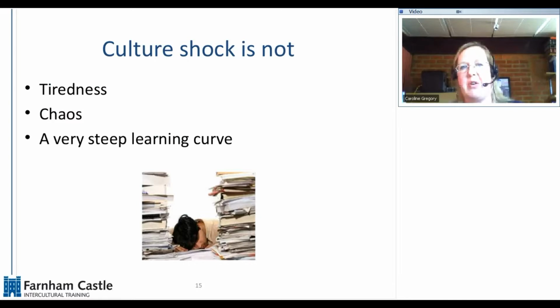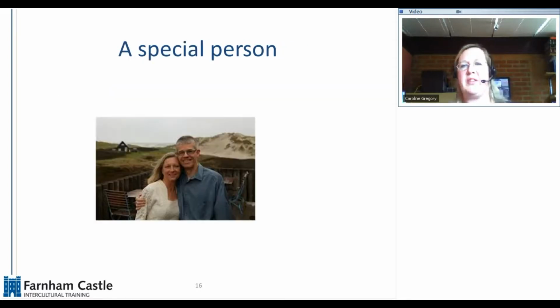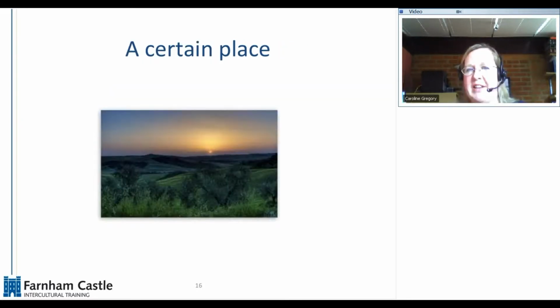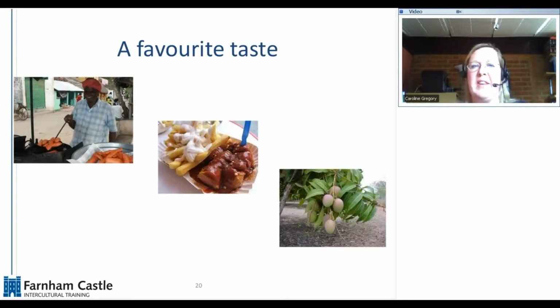I also don't feel that culture shock is the same thing as homesickness. Again, homesickness is something which can be clearly defined. So homesickness is when you want a person, a certain place, a smell perhaps that reminds you of home, or a favourite taste, something that's perhaps very evocative of childhood or again of family. The picture in the bottom, those are fresh mangoes, if anybody has that as a question. A sensation is also something of homesickness,